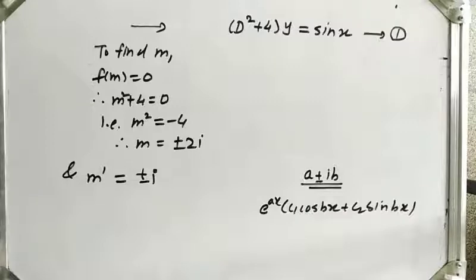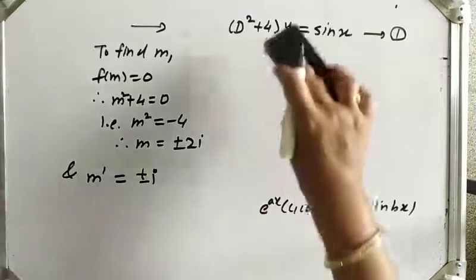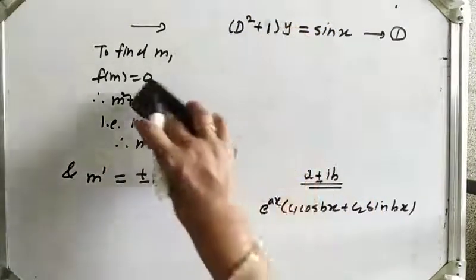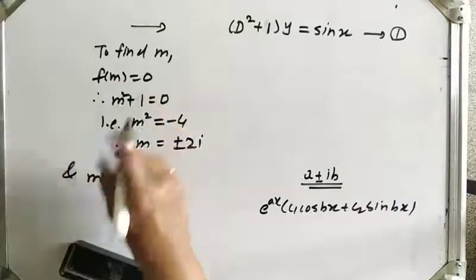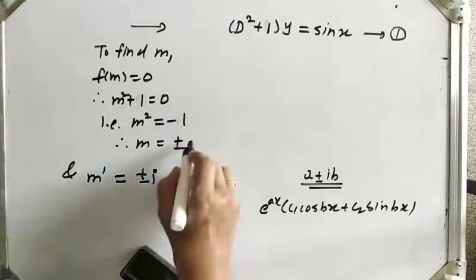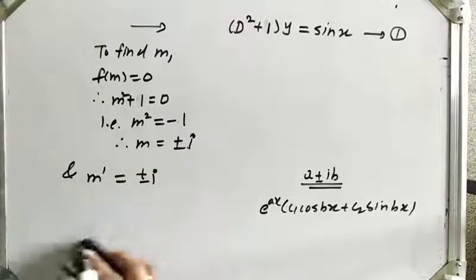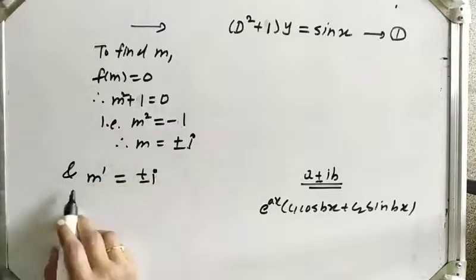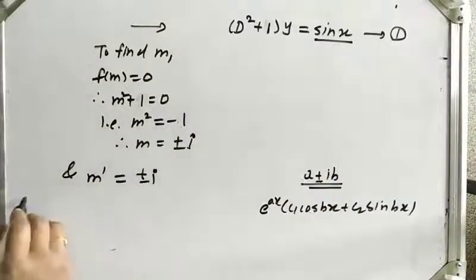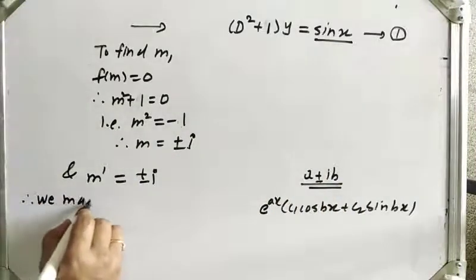Okay, our m dash is plus minus i. Here is one correction. In the given example, it is d square plus 1, not 4. So what will it be? m square plus 1, m square will be minus 1, so m will be plus minus i. So our m is plus minus i, and from this we find that m dash is also plus minus i. Therefore, we may write